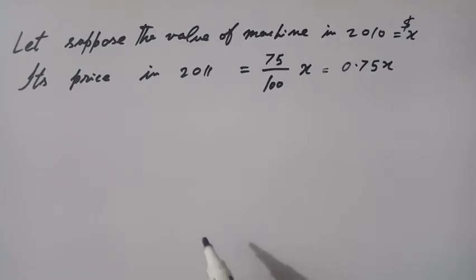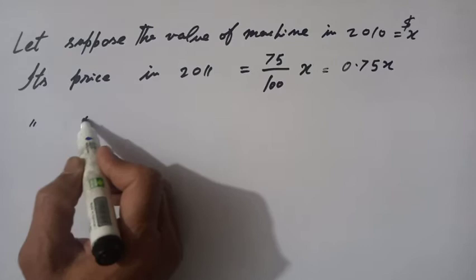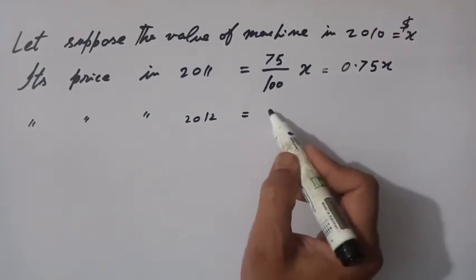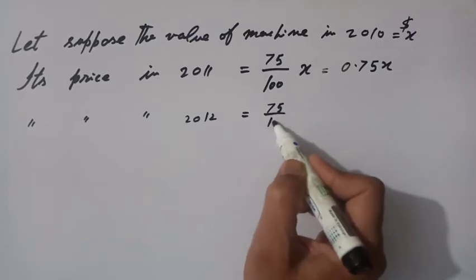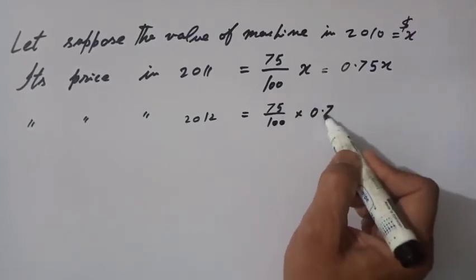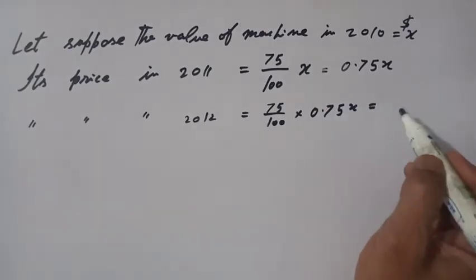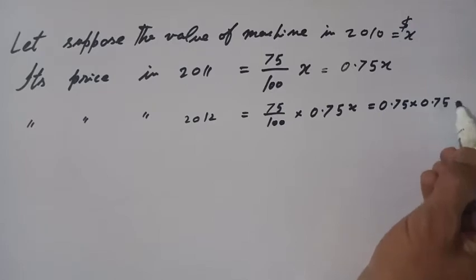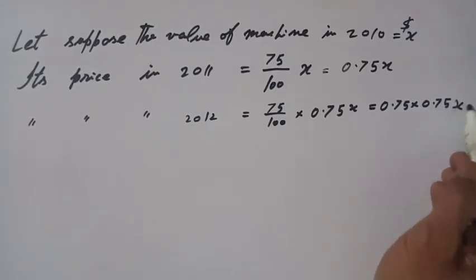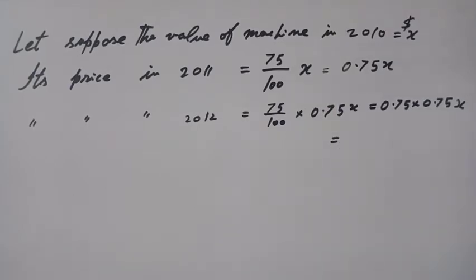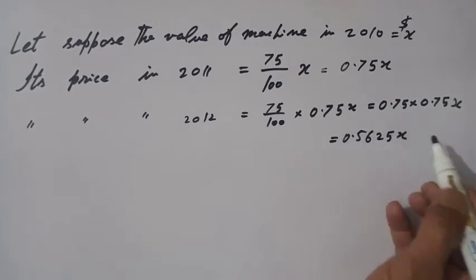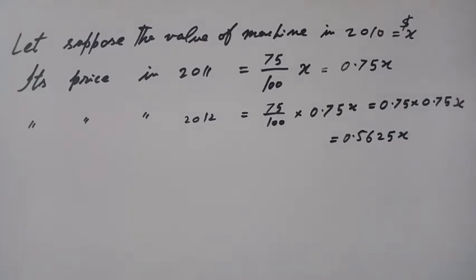Then its price in 2012, that is equal to, again 75 by 100 multiplied by 0.75x, it would be equal to 0.75 in multiplication with 0.75x would be equal to 0.5625x. Now its value in 2012 is given to us in the statement, that is